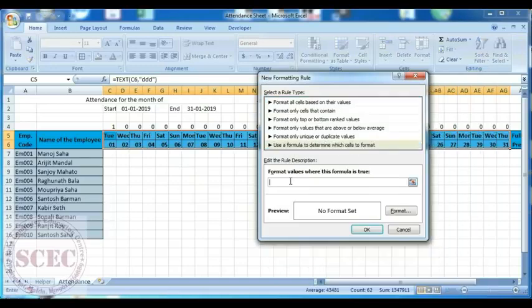Here I have to give a formula: equal to, or, select this one, that is C5, $5 equal to Sunday, and bracket close. After that, what will be the formatting? The formatting will be red for Sunday.